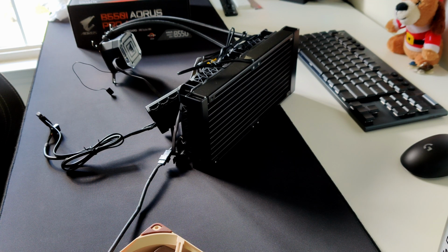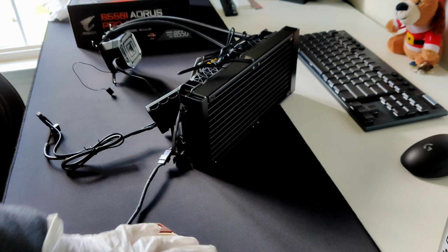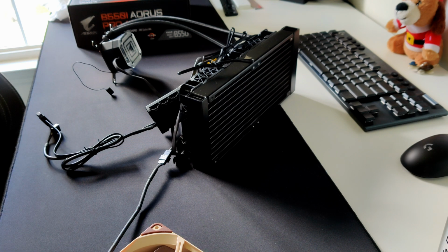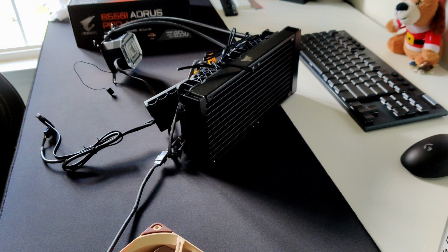Alright, so just clarifying here, I am not going to be using this radiator. It looks great and everything, but I'm only recommending it for ATX builds, or if you have an SFF case that is not that small. That's basically it. So, if you're one of those 20 liter guys, yeah, go ahead if you really like Corsair, but